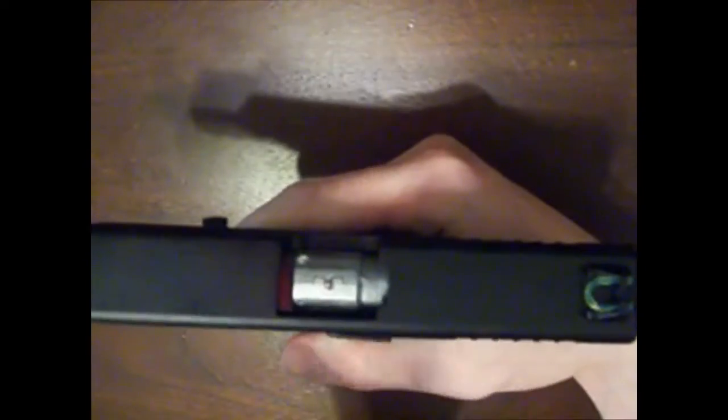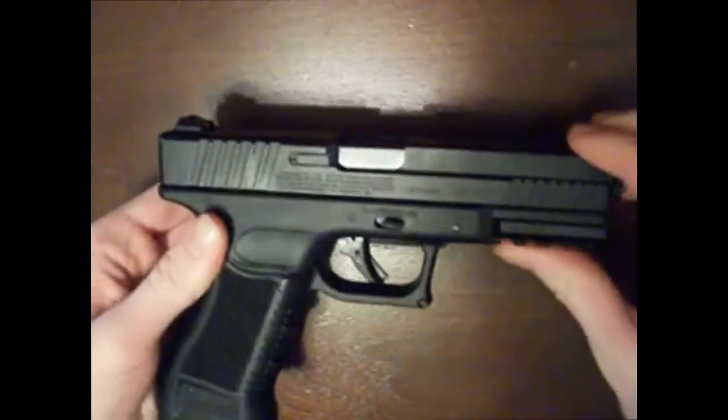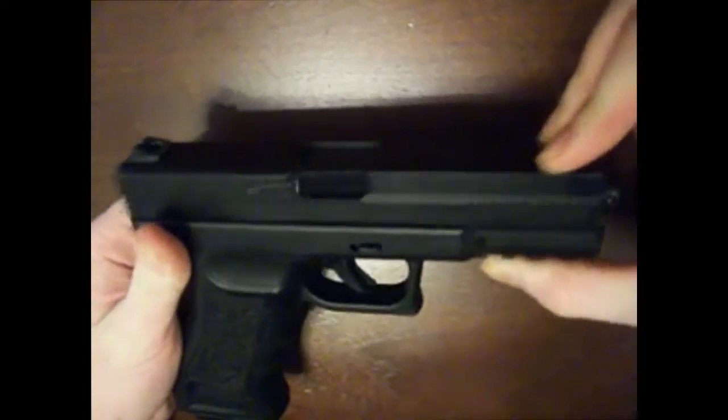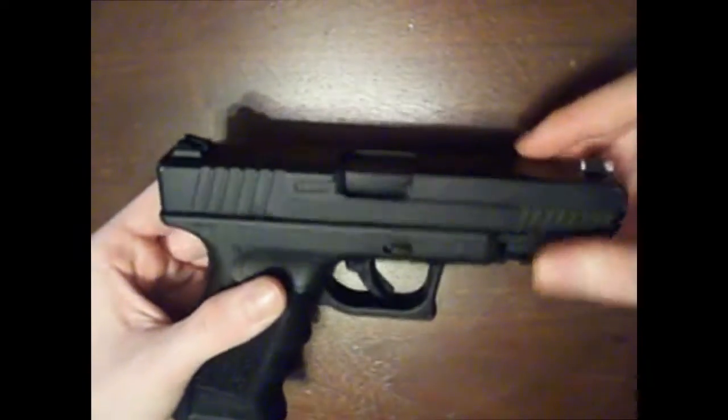Of course, this is the internals. As you can see, though, the blowback on this gun really doesn't do anything. It just goes back. So if you're uber particular and think that the slide actually has to do something, this gun may not be for you, but I really don't care. As long as it has blowback, I'm happy with it. But, so metal,